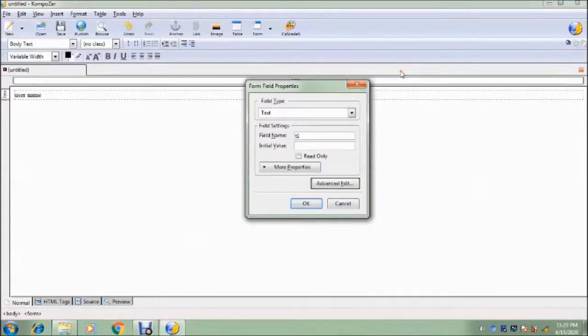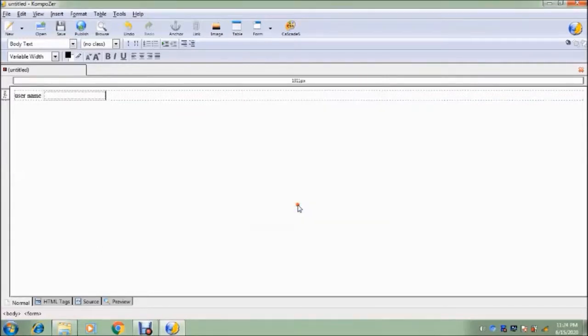The next is initial value. Initial value is used when we want to give some starting value to the particular field. Okay, usually we are not giving any starting value, so we will keep it blank and simply click on OK. Okay, here you can see one box is there. Press the enter key.